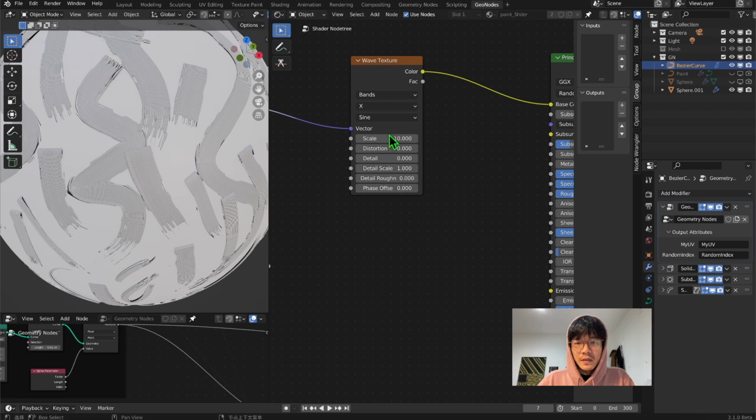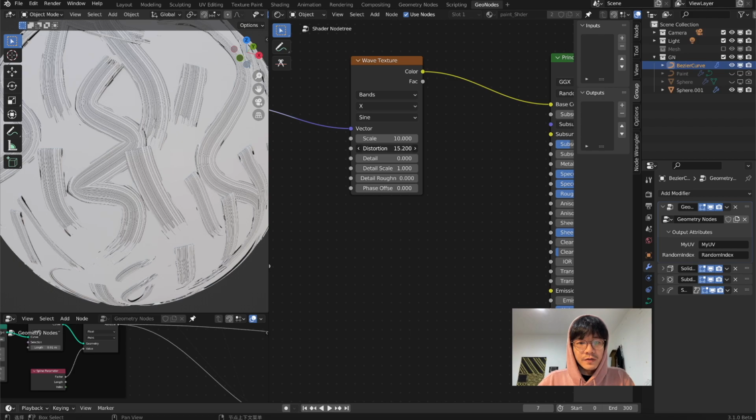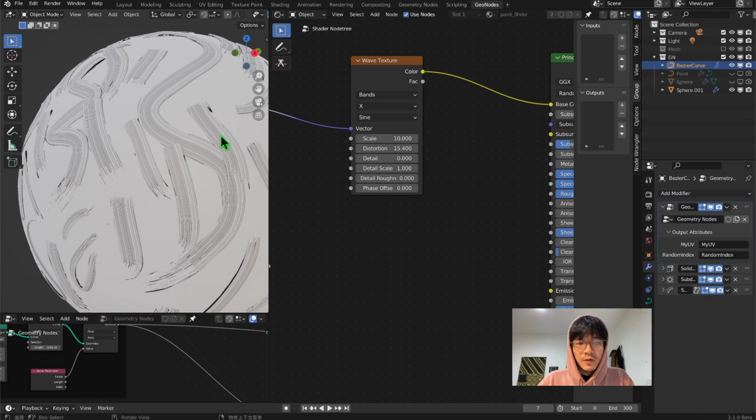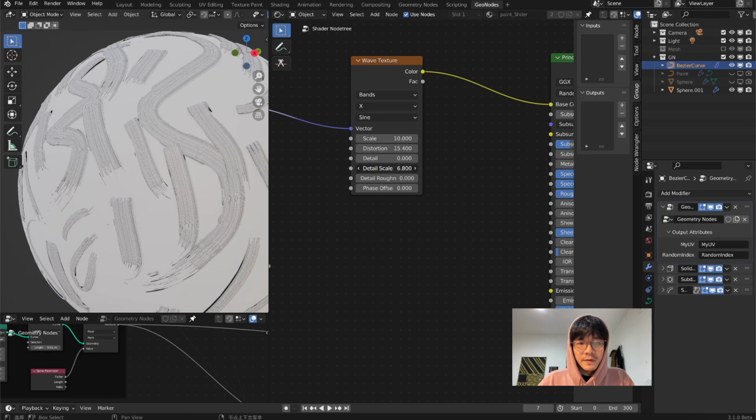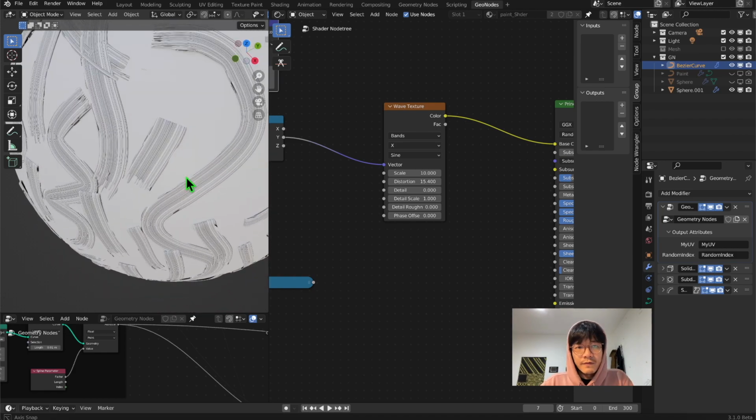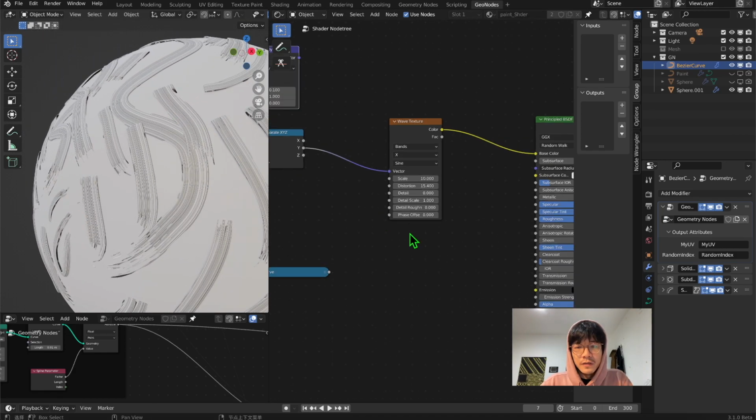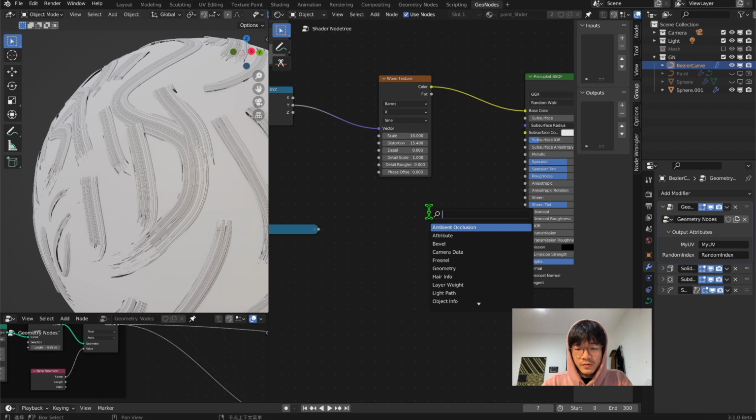and just start to make a little adjustment to be the way you think it looks fine. I think that looks fine for now, and we use